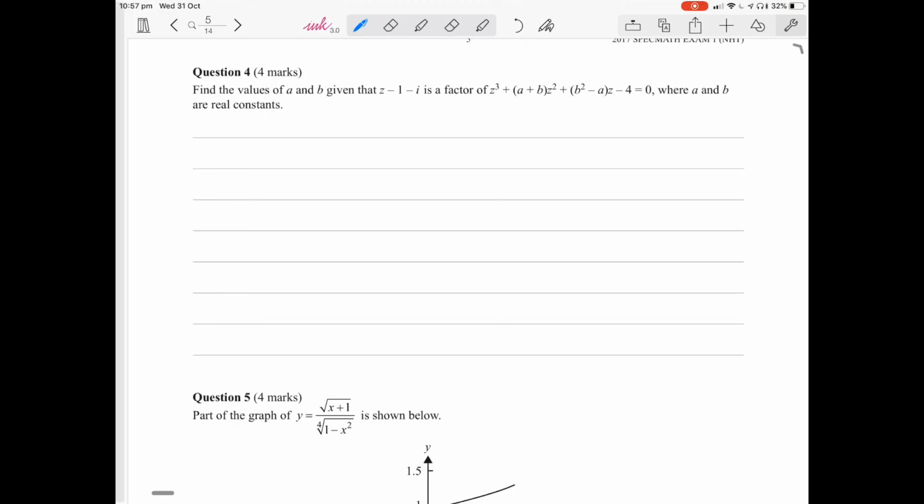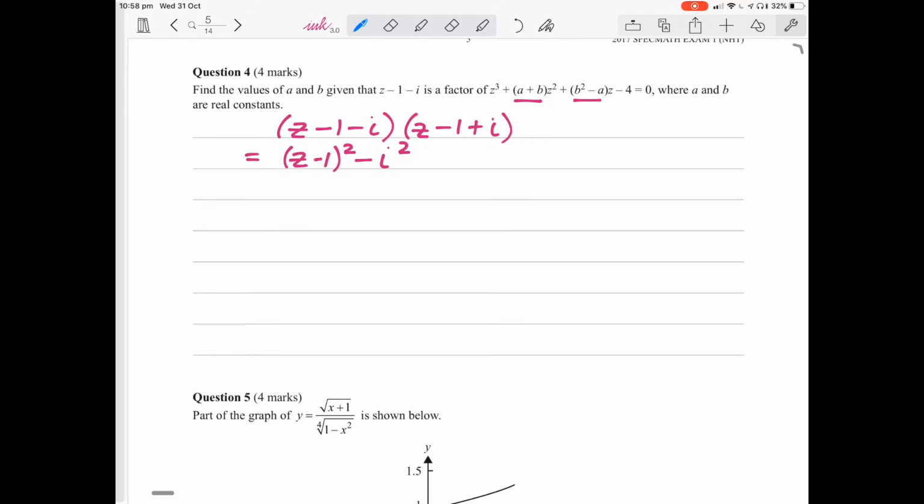Find the values of a and b, given that z minus 1 minus i is a factor. A and b are real. So if a and b are real, that must also be real. Z minus 1 minus i. So that means its conjugate, z minus 1 plus i, is a factor. From here, we know if we expand that out, we're going to get z minus 1 squared minus i squared,